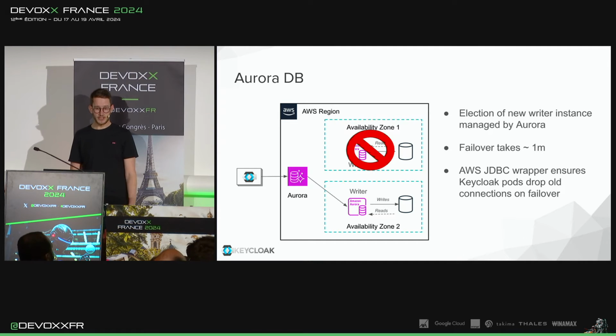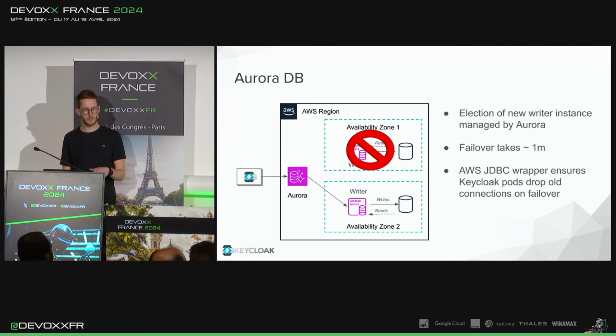The really nice thing about this solution is the only change we had to make to our Keycloak deployments was that we now have to utilize the AWS JDBC wrapper. The reason for this is that this driver is actually aware of Aurora failovers. So when we fail over from AZ1 to AZ2, any connections left in the Keycloak connection pool on the passive site are invalidated, and we can then guarantee that all future database operations are executed against availability zone 2, which is alive and kicking.